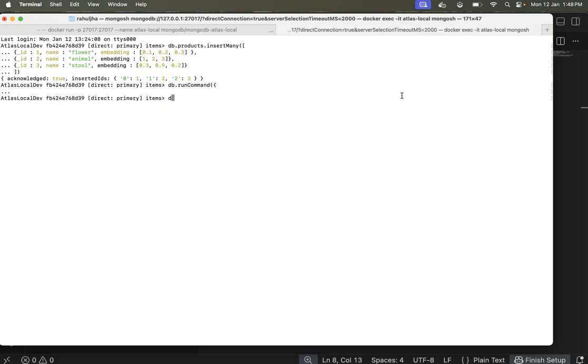Okay, we lost that command, so let me write it again. db.products.aggregate, and aggregate will take a list. Inside this list we will have two JSONs, and inside the first JSON I will have a key called vector search, which is going to be a JSON. And here I will have a key called